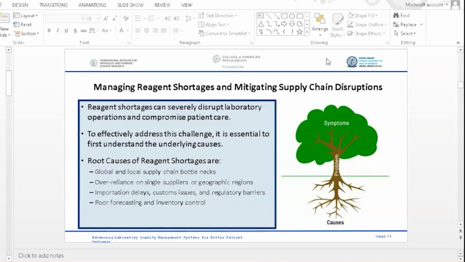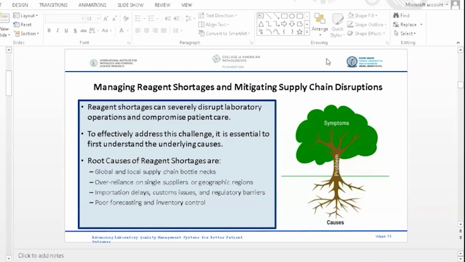During global health emergencies as well, there can be reagent shortages because the demand at that time can surpass the supply. Okay. Then limited production capacity, for one reason or the other, can also lead to global and local supply chain